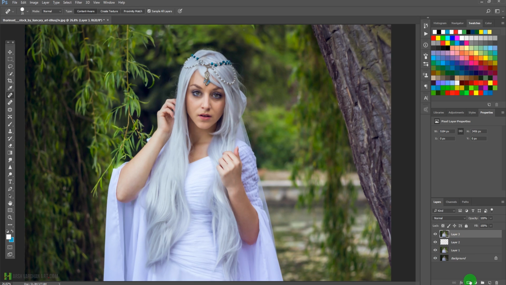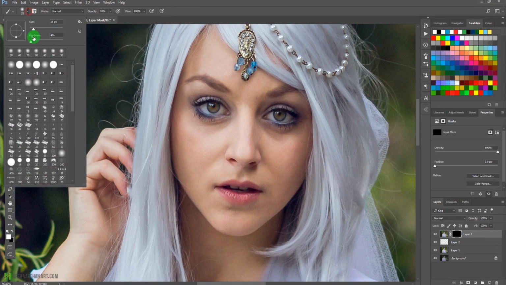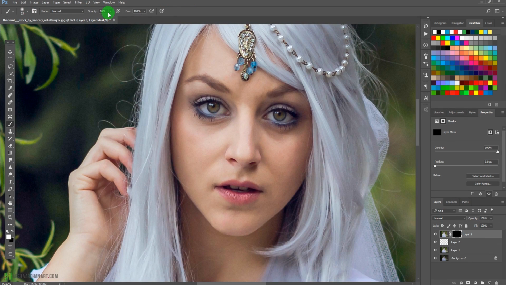Now we are going to apply a black mask over this image. So we'll press Alt or Option and click this mask icon. We'll zoom in, we'll take the soft edge brush with 0 hardness and make sure the opacity is around 40%. So you can press 4 on your keyboard and start painting on the skin wherever you want the skin to be smoother. Make sure you avoid all these details in the eyes and in the eyebrows, because we don't want them to be smoothened, we want them to be sharp. And paint on the rest of the skin quickly,